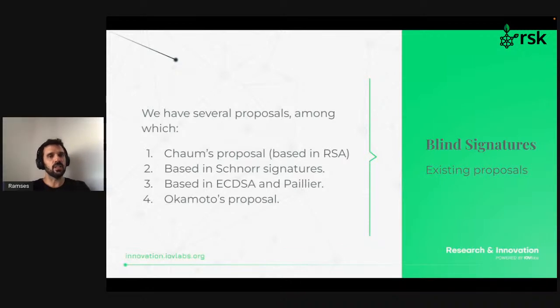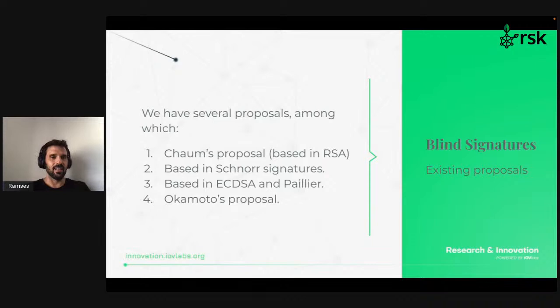Among the existing proposals, we can find the first one, Chaum's proposal, which is basically somehow a direct application of RSA, and I will talk about this one. You can also find blind signatures based on the Schnorr mechanism. You can find signatures created for or focusing on Bitcoin, which are based on ECDSA and Paillier homomorphic cryptosystem. And then you have something called Okamoto's proposal, and I will explain later why I included this one